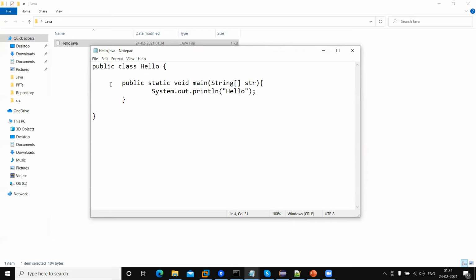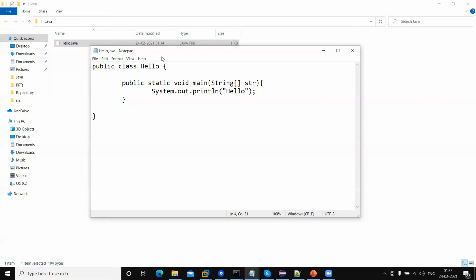So if we are going to create any class in Java, then we need to use the keyword class. The class keyword is used to declare a class in Java. The public keyword means this is accessible from anywhere. Okay, this is visible to all. That's why we are creating the class as public. Also, we can create a class without using public. Next, hello, this is the user defined class name, and you can give any name.